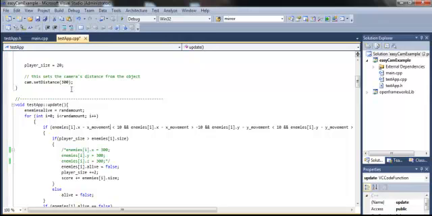And the cam set distance up here sets how far away you are from the 0,0,0 along the z-axis. And what we do with the collision down here is